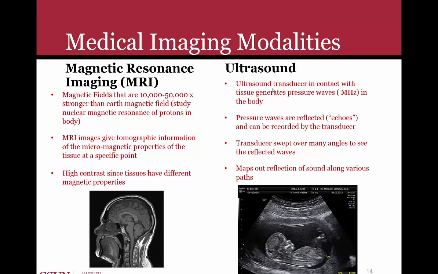But some will be transmitted through, and the transducer is swept over many angles, so you're able to get many reflected waves. By taking all that information at different angles, you're able to map out an image of different tissues. Like in the case of a pregnant woman,